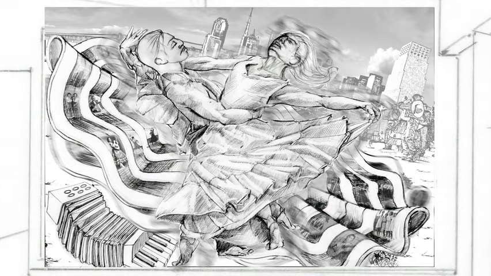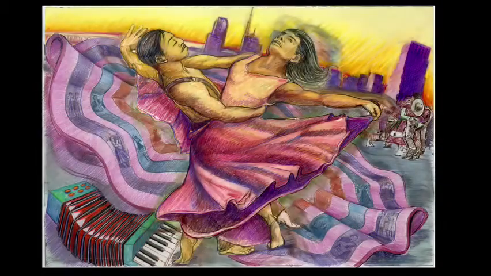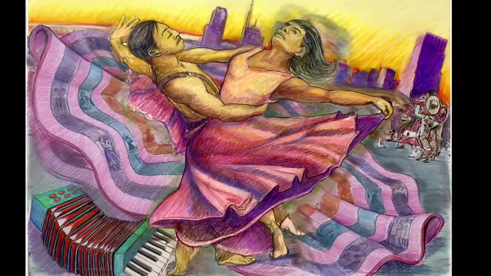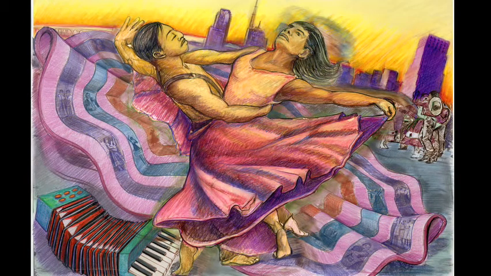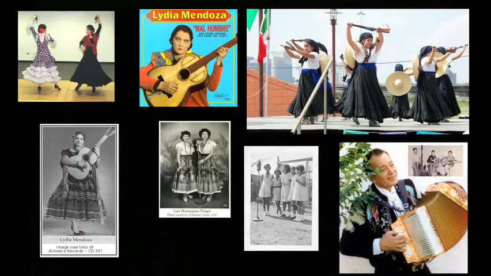We use an accordion, which of course is one of the classic instruments of Texas, almost as an animated form beneath the figures. This is a first draft of these ideas, and part of our concept was that it gives us an opportunity to use the two dancers as a convention to drop in many images, which could be images you would choose. We selected a few of my favorite key characters, like Lydia Mendoza, like these beautiful flamenco dancers,